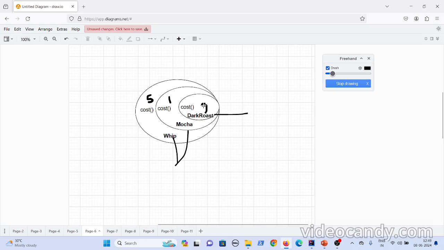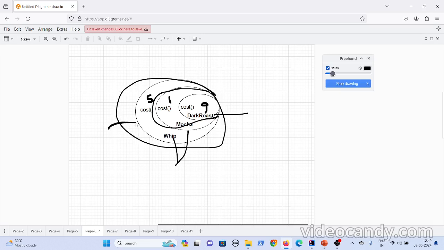So you have dark roast inside, on top of that you added mocha, and on top of dark roast plus mocha you added whip. First you talk to whip, and whip in turn talks to mocha, and mocha in turn talks to dark roast.